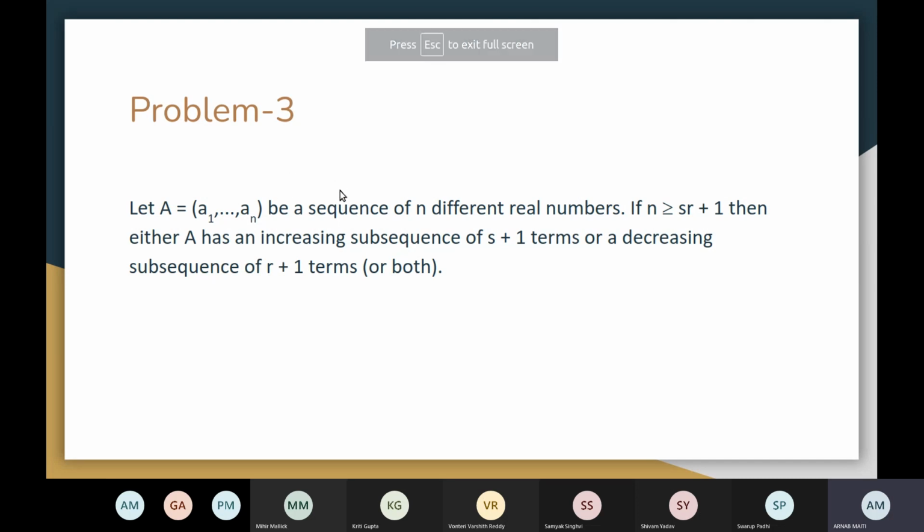What this theorem claims is that you give me any sequence of n different real numbers, and either you'll have an increasing subsequence of S plus 1 terms, or you'll have a decreasing subsequence of R plus 1 terms. That's what this is trying to claim.